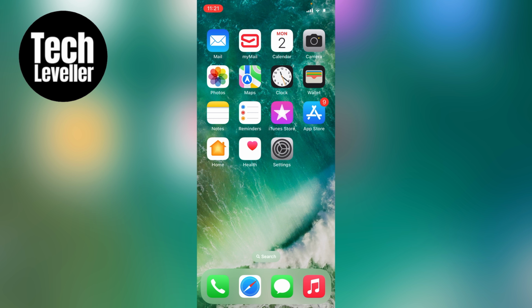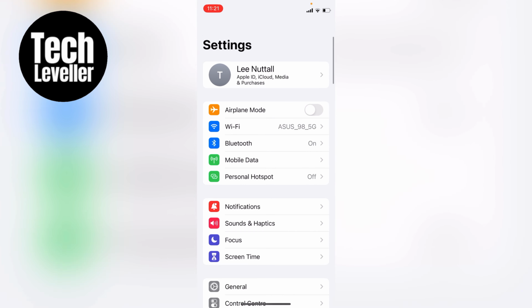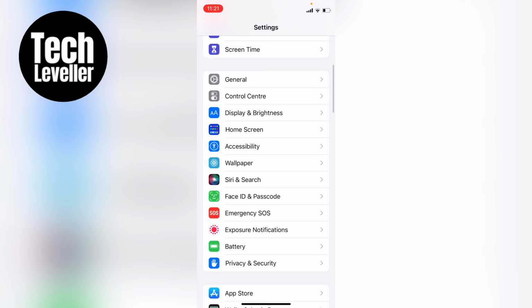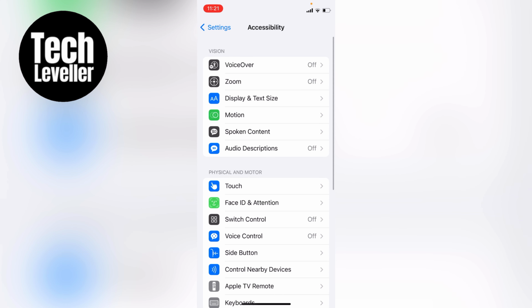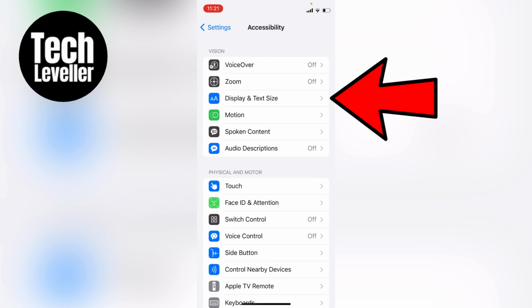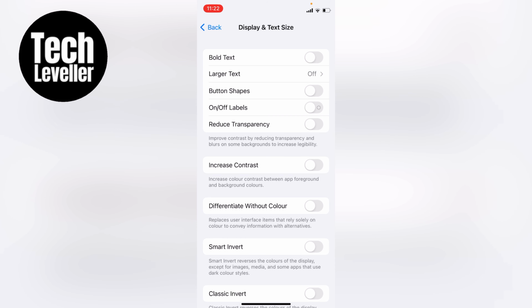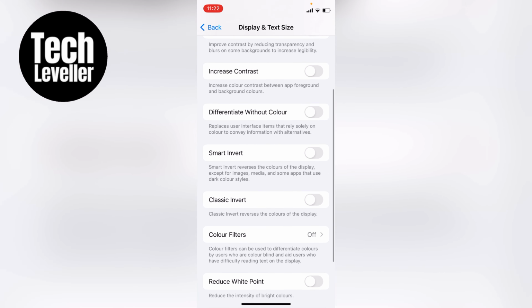So the first thing we want to do is head over to your iPhone settings here on your home screen. Now we're in the iPhone settings, you want to scroll down until we see accessibility here, and we want to tap into that. Now at the top of accessibility settings, we want to tap into display and text size here. Now on the display and text size page, you want to scroll all the way to the bottom, and